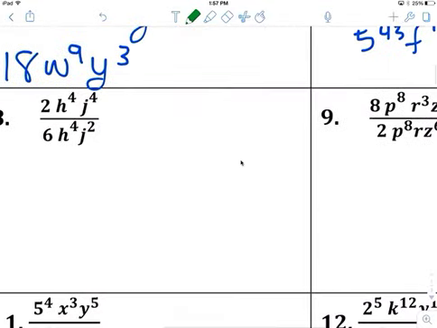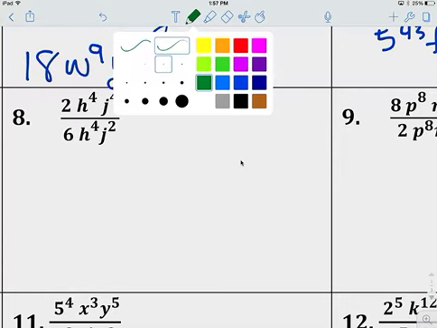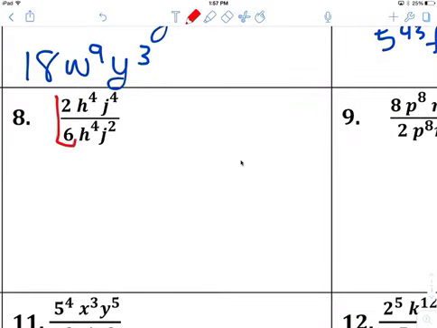Right here, there's 3 problems. To simplify, simplified means just to reduce. 1,